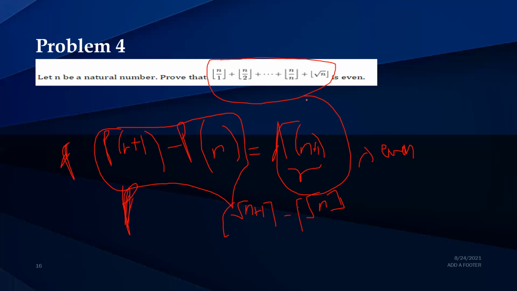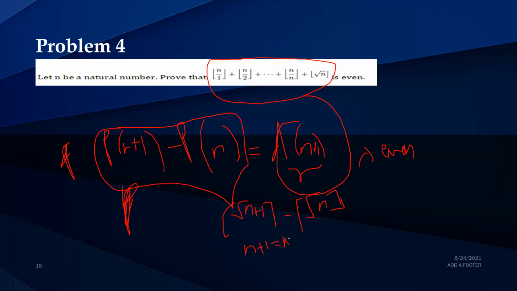So d of n plus 1. So if n plus 1 is not a perfect square, then we will have n plus 1 equal to